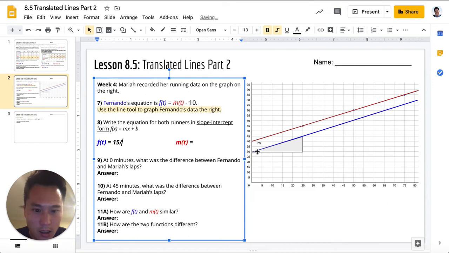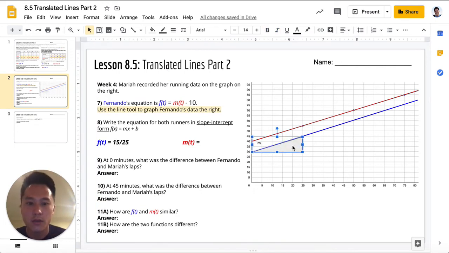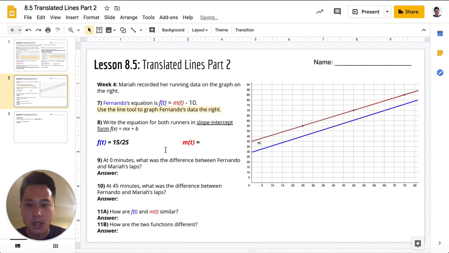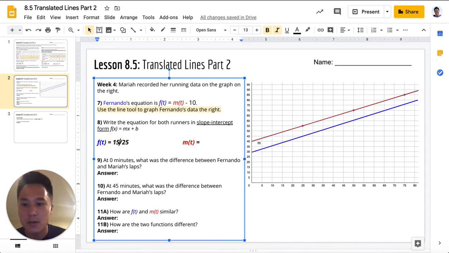That's the first number, the numerator of my slope. The change in x is this part right here. So we're going from an x of 25 to an x of 0. So 25 minus 0 is 25. Okay, so I know that this is the slope for Fernando. Y is laps, x is minutes. So I know he's doing 15 laps every 25 minutes. Okay, I'm going to delete that for now, just so it's a little bit cleaner. That's my slope